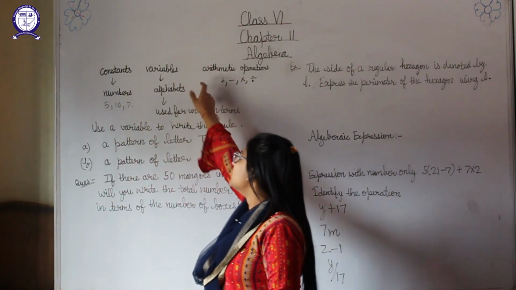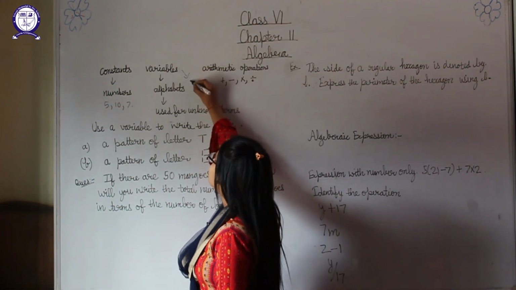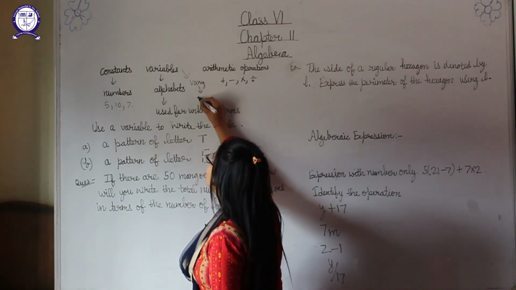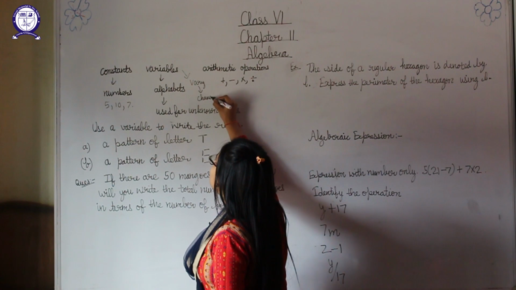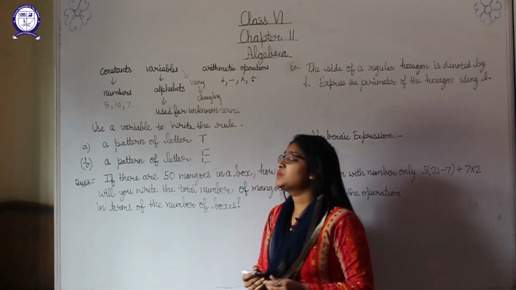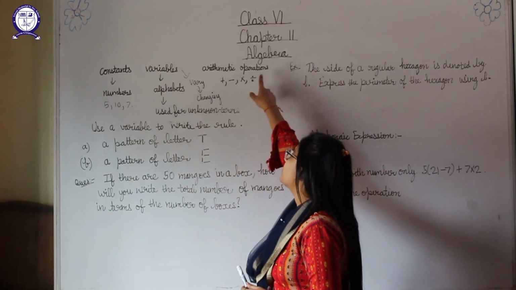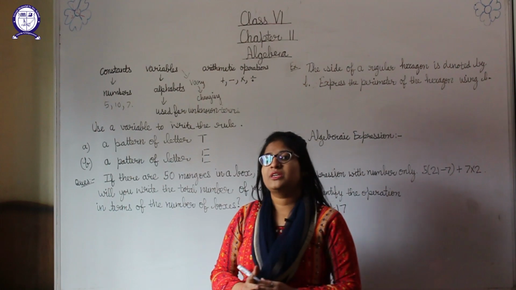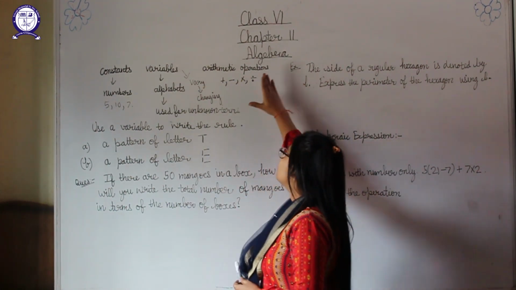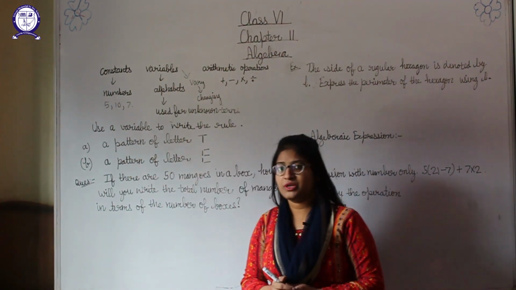Okay, but in the case of variables, they keep on varying. Variable is a word that comes from the word vary. Vary means which keeps on changing. Okay, so the variables are the alphabets whose values can change. Now the arithmetic operations, we know that plus, minus, multiply, divide are the operations. These are the arithmetic operations. So students, by using these we can make the algebraic expression.